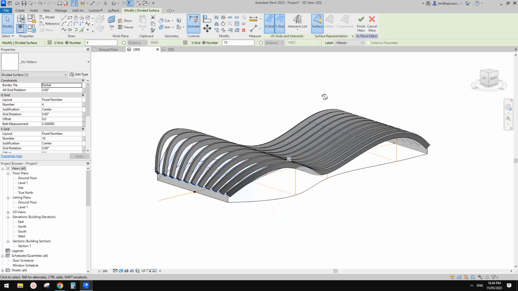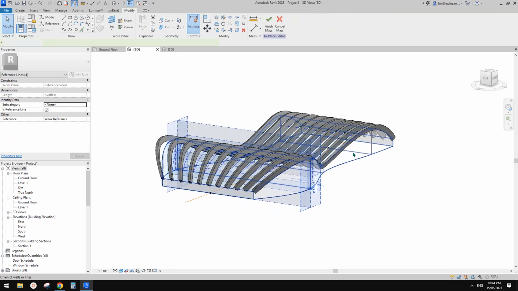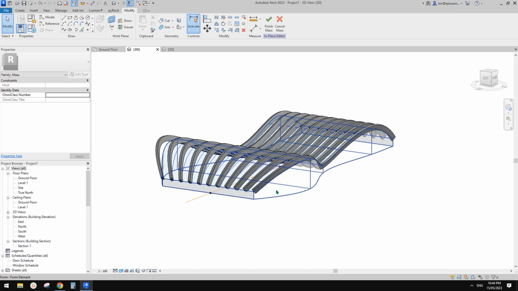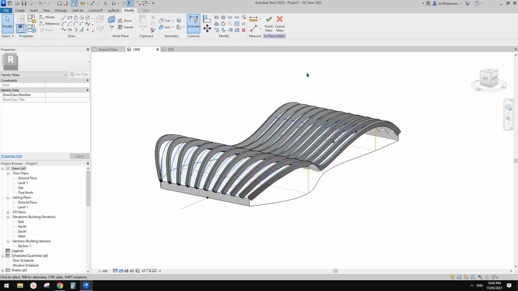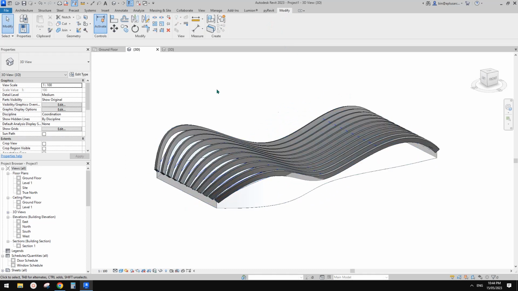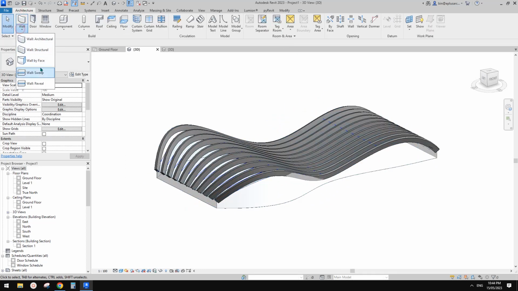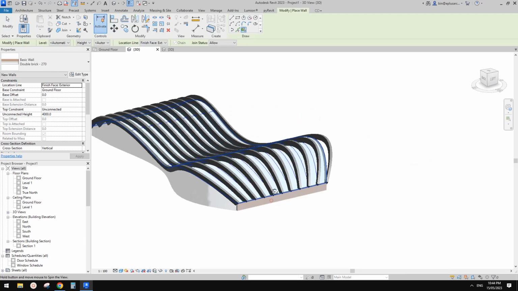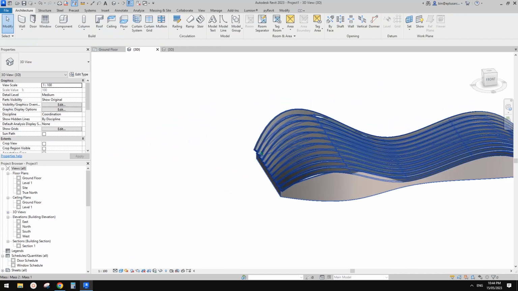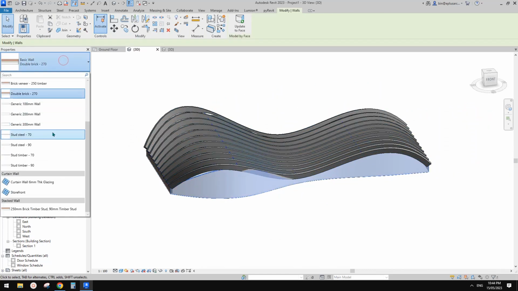Okay, and then we also have this surface on which we can place other elements. So for example, if I finish this mass, and then let's try wall by face. So you can place wall on this surface. Okay, so you can place wall, solid wall, or let's try, maybe we can use